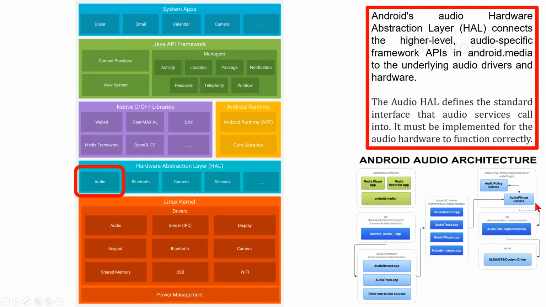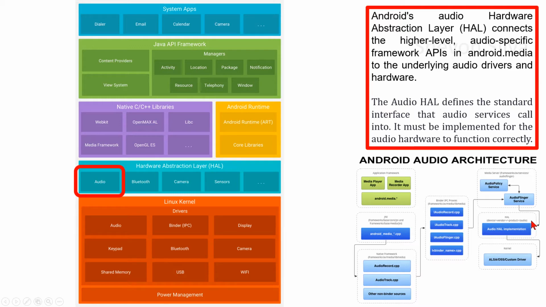Media server. The audio services in the media server located in frameworks/av/services/audioflinger is the actual code that interacts with your HAL implementation. HAL. The HAL defines the standard interface that audio services call into and that you must implement to have your audio hardware function correctly. The audio HAL interfaces are located in